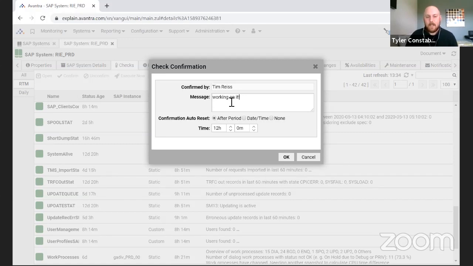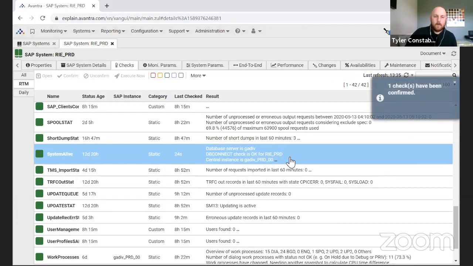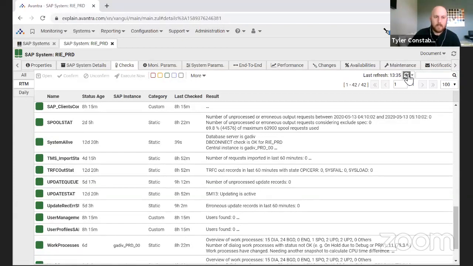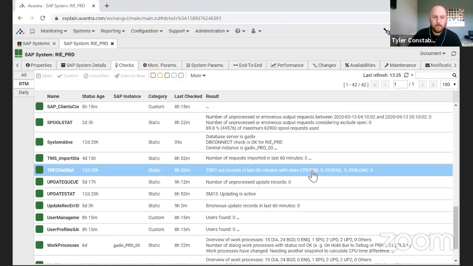And then you'll see that we can have it go back out of confirmed status after 12 hours. So you'll see there's the after period, time 12 hours. Now that's fine, but maybe you want alerts to come back after an hour. Essentially, if I'm still working at this thing for an hour and I can't figure it out, let's set alerts out again. So do okay. Perfect. And then if you select the refresh button on the top right, select it again. Okay, you'll see short dump stat went away here. So if you scroll up now,